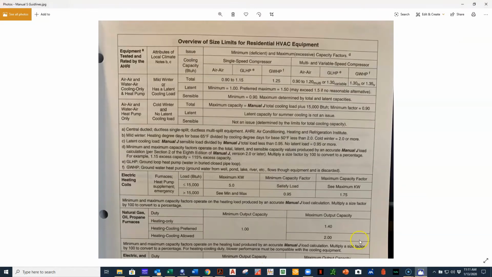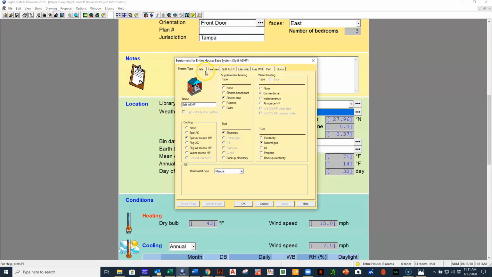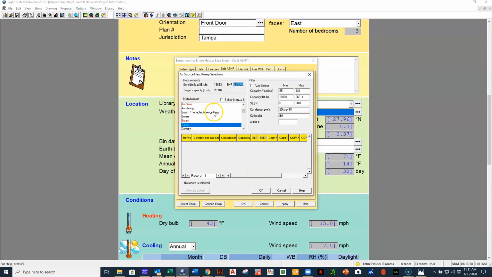And then, as I said, here is the actual book out of Manual S, which between the two of them, they're a little difficult to read, but it'll be easy for you to go back in and take a look at that information. So very important that you understand and learn your Manual S. The nice thing about RightSoft is RightSoft and a lot of its equipment selection has equipment that's labeled in red that has Manual S data already supported from the manufacturer listed in here. So for instance, if we were going to do a Carrier system, and let's say this was the equipment that we were going to use,